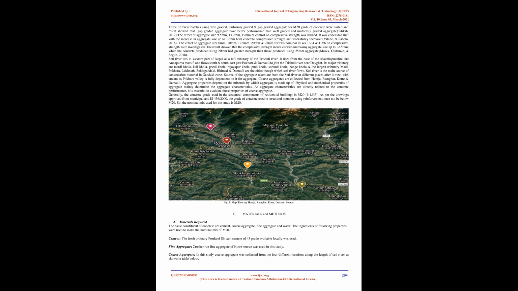Usually, aggregate between 9.5 mm to 37.5 mm is used. The size above 20 mm is used in mass concreting only. In the context of Nepal, crusher aggregate of size between 10 mm to 20 mm is mostly used in the construction industry. Coarse aggregate obtained from 5 different sources of Kathmandu Valley was used for the preparation of cubes of